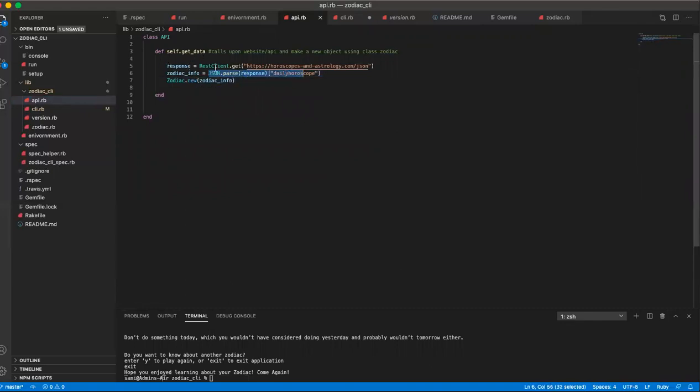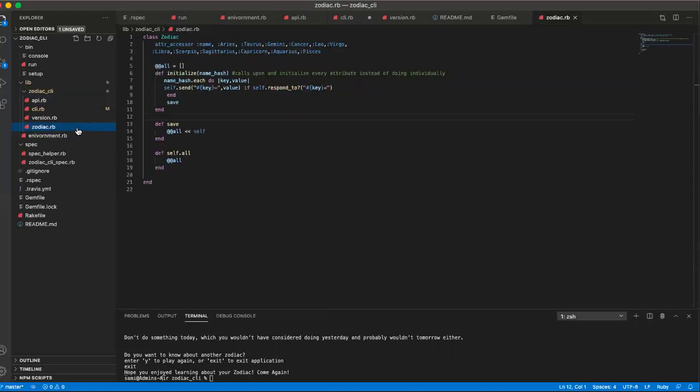actually I lie. It would take that and put it into this object response, and I have another object, zodiac info, which allows me to make it a lot more readable and pull it so that I can get this specific hash from this website, okay? And I'm allowed to take that zodiac underscore info, and it will create a new instance within my zodiac class. This zodiac class here